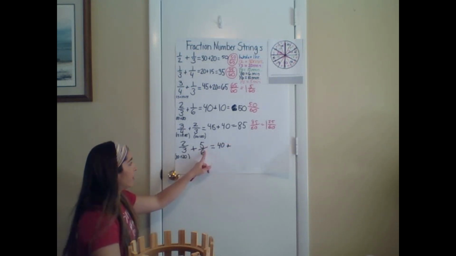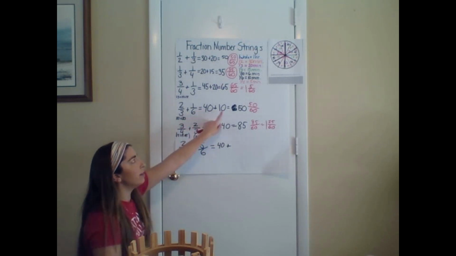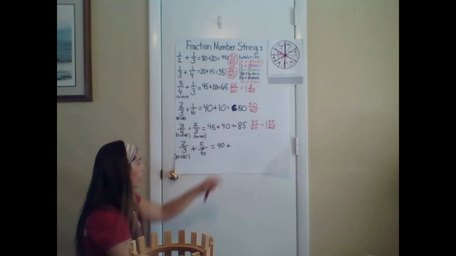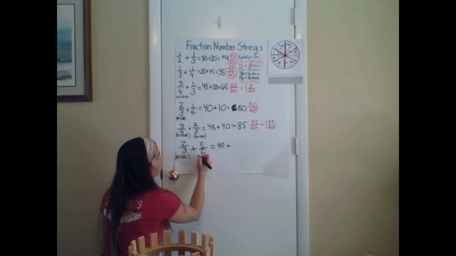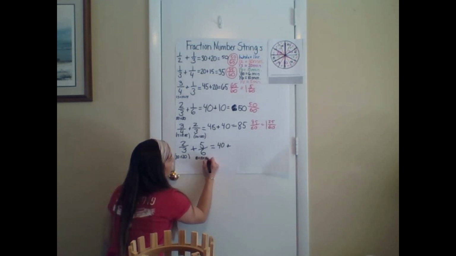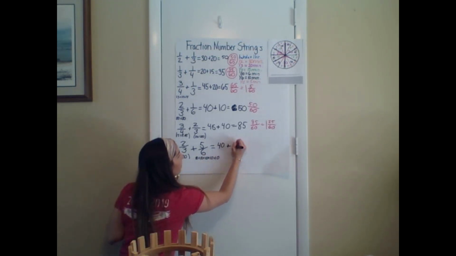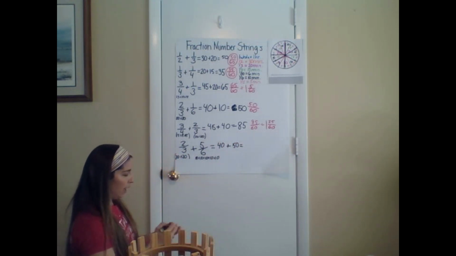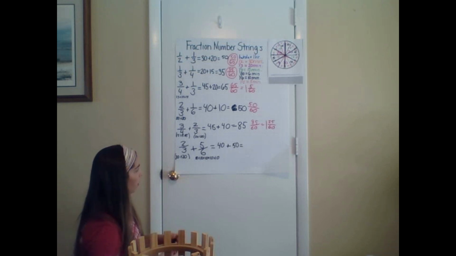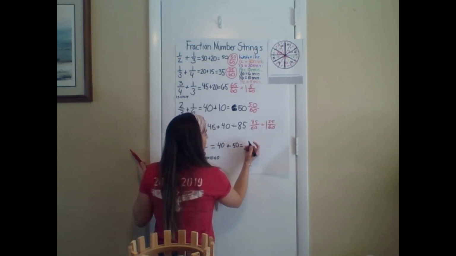Now 5/6, we haven't figured that one out yet, so I'm going to have to think. I know that 1/6 is equal to 10 minutes. So if I were to do 5 groups of 10, it would go 10 plus 10 plus 10 plus 10 plus 10. And after I add all those up, that equals 50 minutes. And I know 40 plus 50 equals